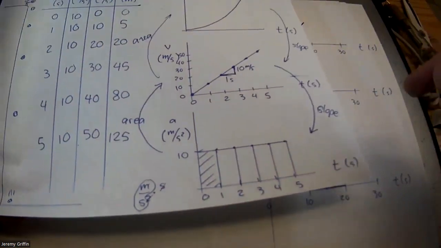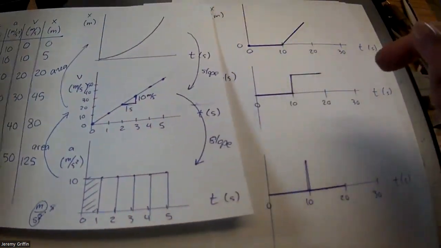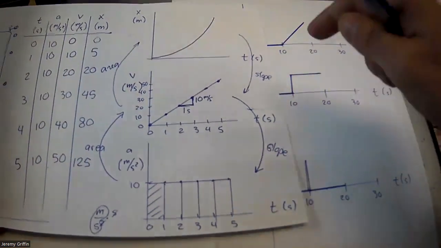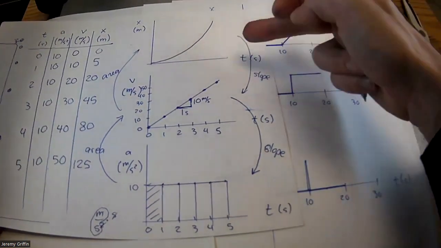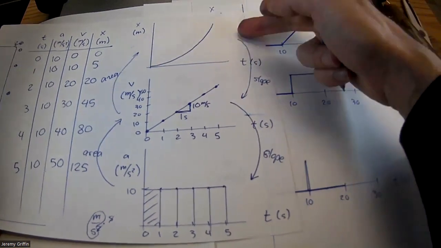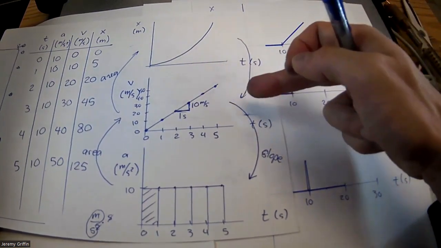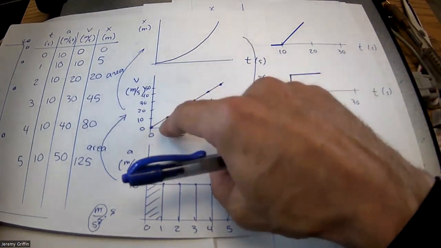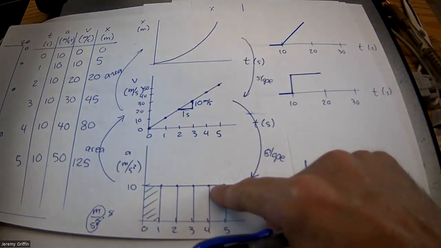Let's go back and revisit what it looked like for dropping a ball, which is actually a little bit more involved, right? Do you guys remember that the slopes of the top graph tell you the graph below it? So slopes of x versus t tell you v versus t. Slope of v versus t tells you a versus t. Like v versus t had a constant slope for dropping the ball, and a versus t was a constant value,